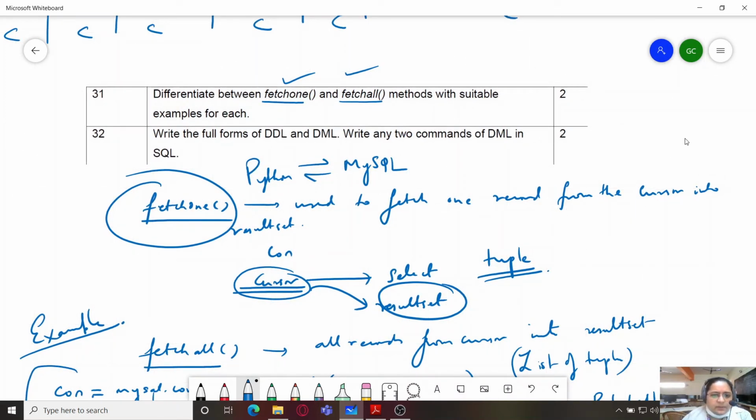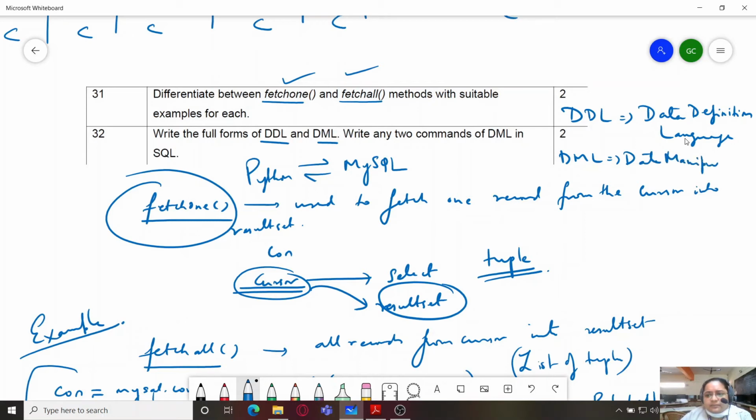Next is write the full forms of DDL and DML. So DDL stands for Data Definition Language, and DML stands for Data Manipulation Language. Write any two commands of DML in SQL.